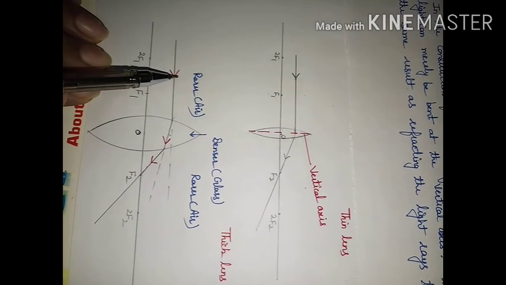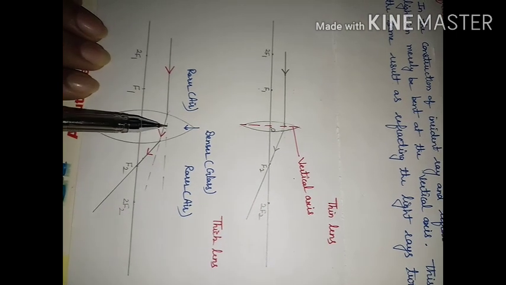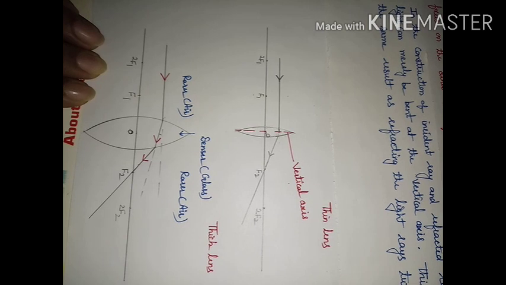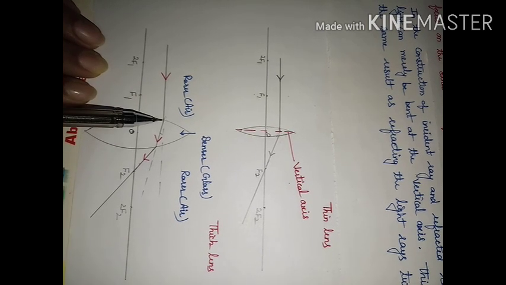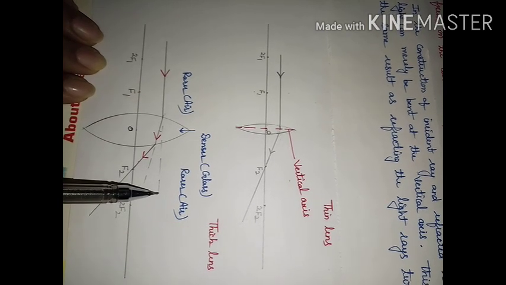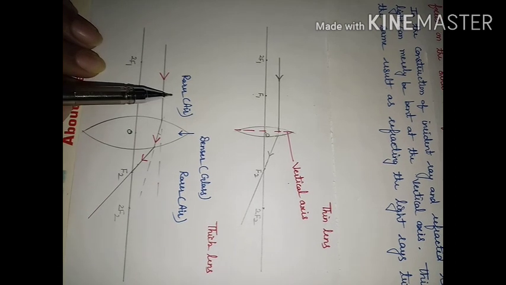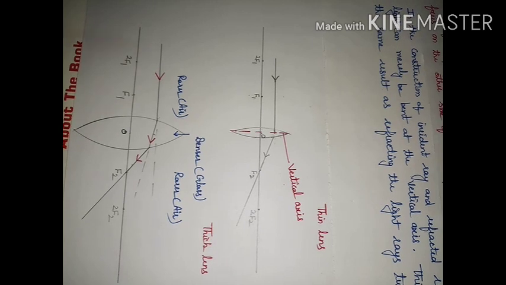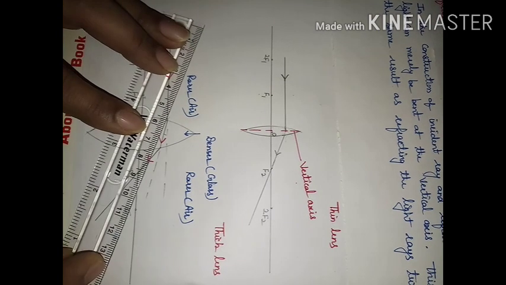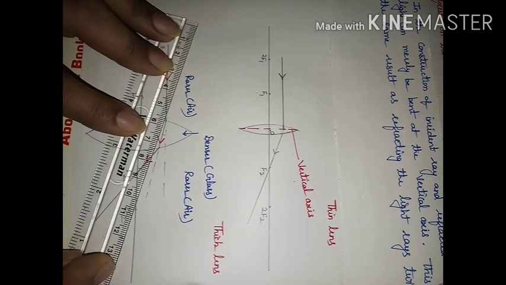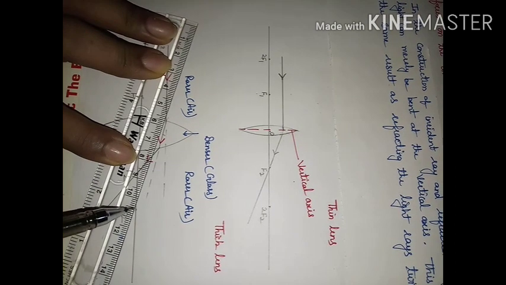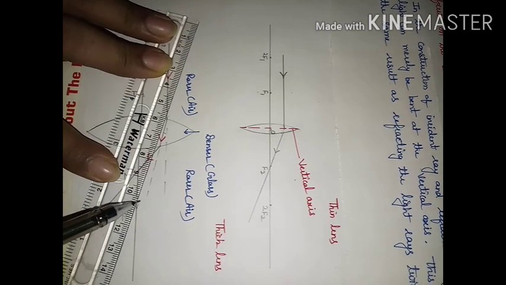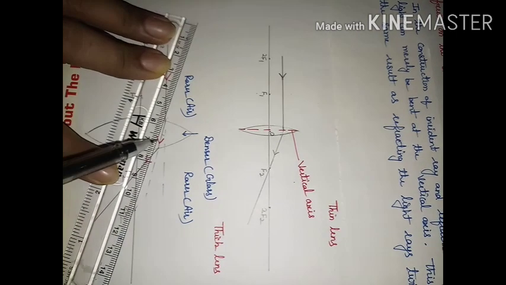Ray of light is coming from rarer medium to denser medium. So what will happen? It has to bend towards the normal. So this ray of light will not go straight like this. When it is entering from air to glass, it has to bend towards the normal. And if you see the position of normal here, then like this position of normal will come. This point you will join to its center of curvature. This is normal position, where I am going to move this pen.